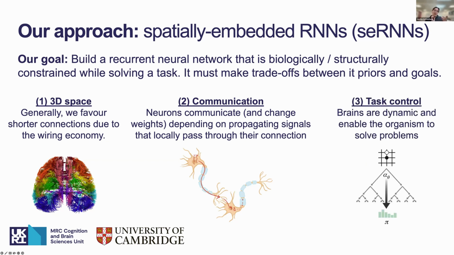And lastly, one thing which is very important to us is that the networks that we build should still solve the task, right? So there still should be some sort of task control here, which, while we're doing this in a very simplified way, mirrors this idea that the brain structure is also specifically shaped by, at the end of the day, doing something. And we can't just model structural connectomes by completely ignoring the task.